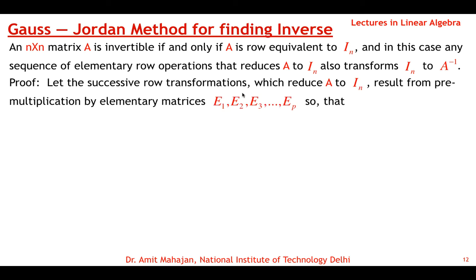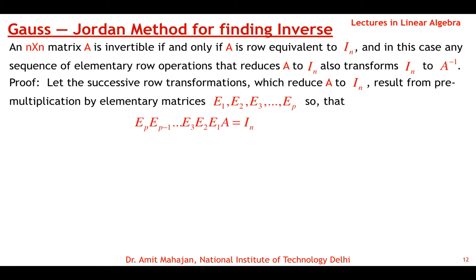Okay, so the proof is very simple in this case. Let the successive row transformations which reduce A to identity result from pre-multiplication by elementary matrices. So if we apply row transformations on A, each row transformation we know is a pre-multiplication by an elementary matrix. If we apply successively, one after another, row operations, it will be a pre-multiplication by all the